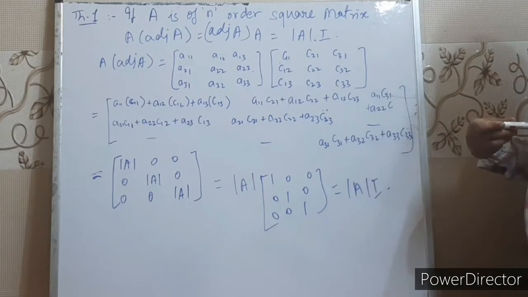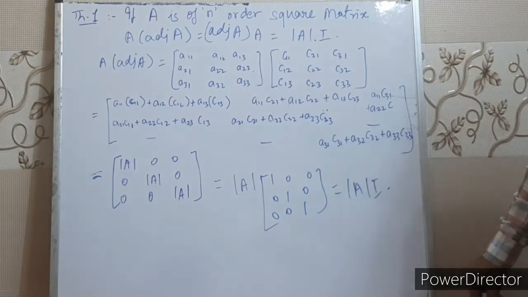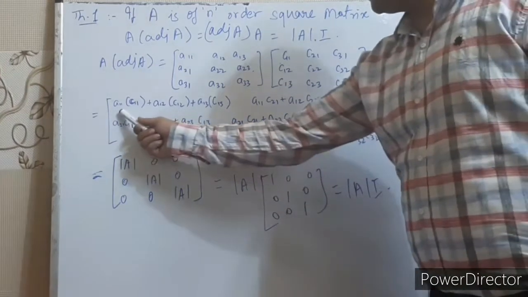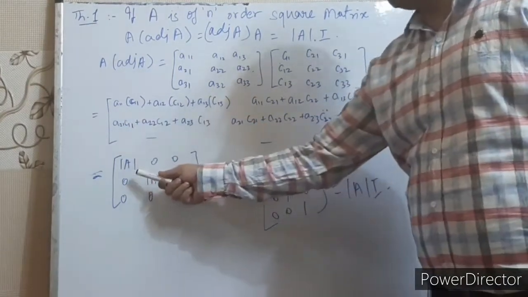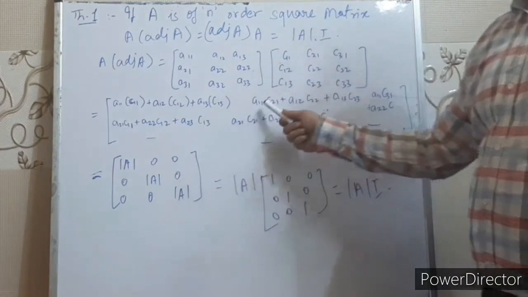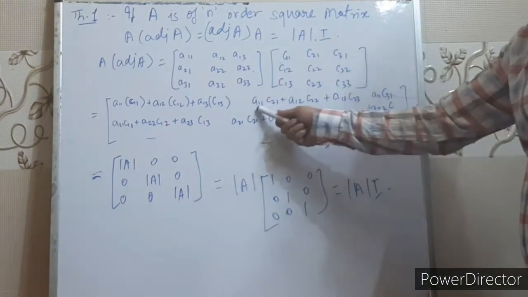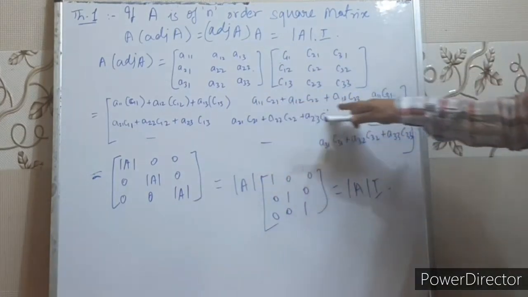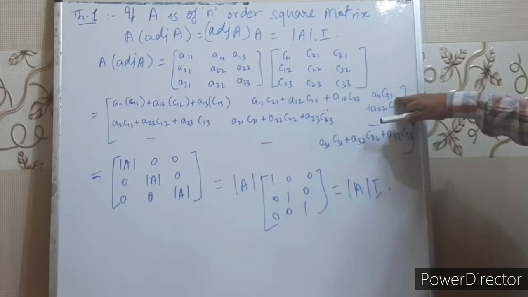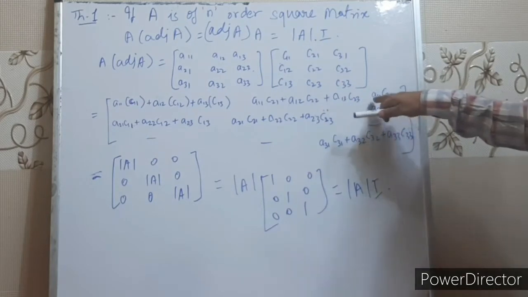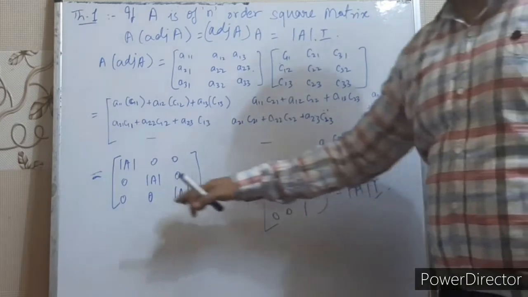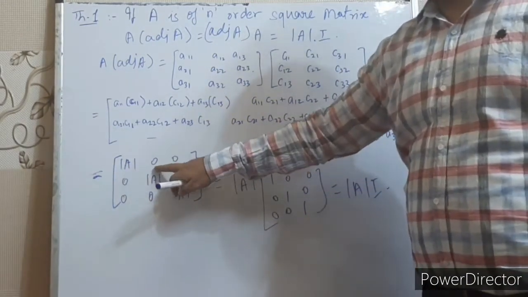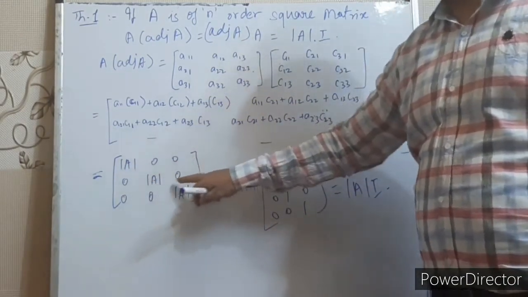If you don't remember, then go through the determinant video again. Right, children? So this will be the value of determinant of A. This will be 0, 0 because these are the corresponding cofactors of some other row. And this is the corresponding cofactors of row 3. And this is row 1 terms, right? So children, this will be determinant A, 0, 0, 0, again determinant A.